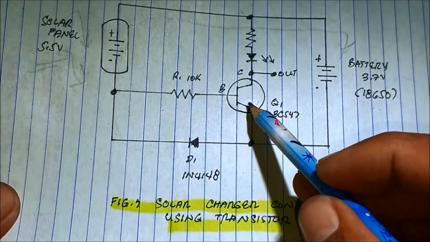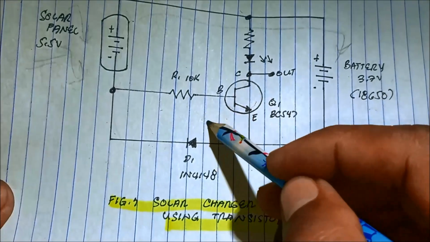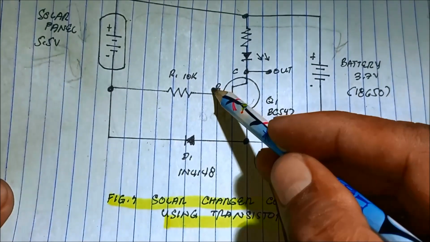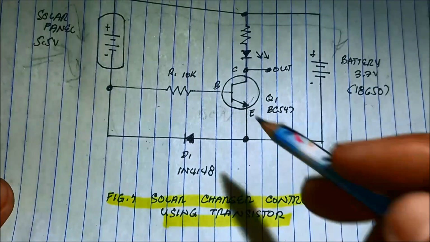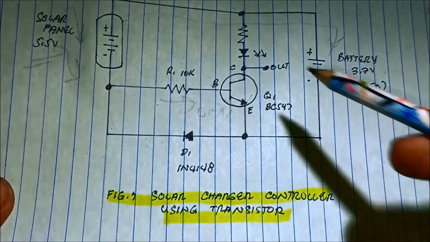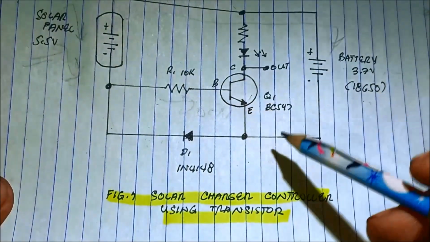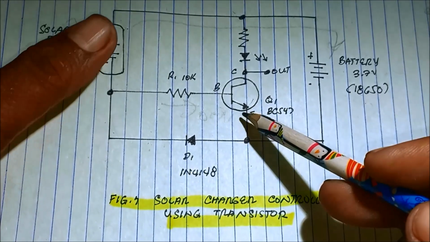In order to turn on the LED, we need at least 0.7 volts at the base-emitter of this transistor, or at least a triggering current to the base of the transistor. So the purpose of the transistor is to act as a switch. So whenever there is no light,